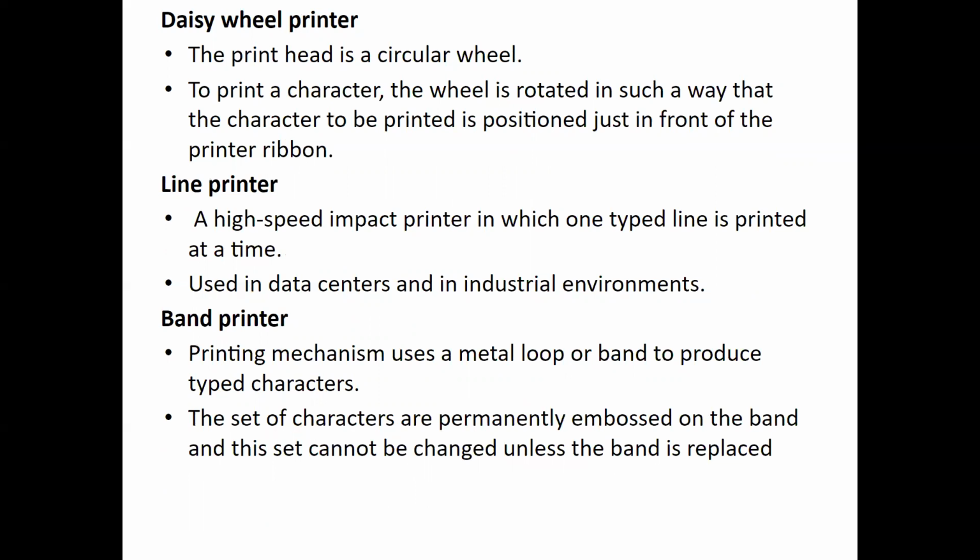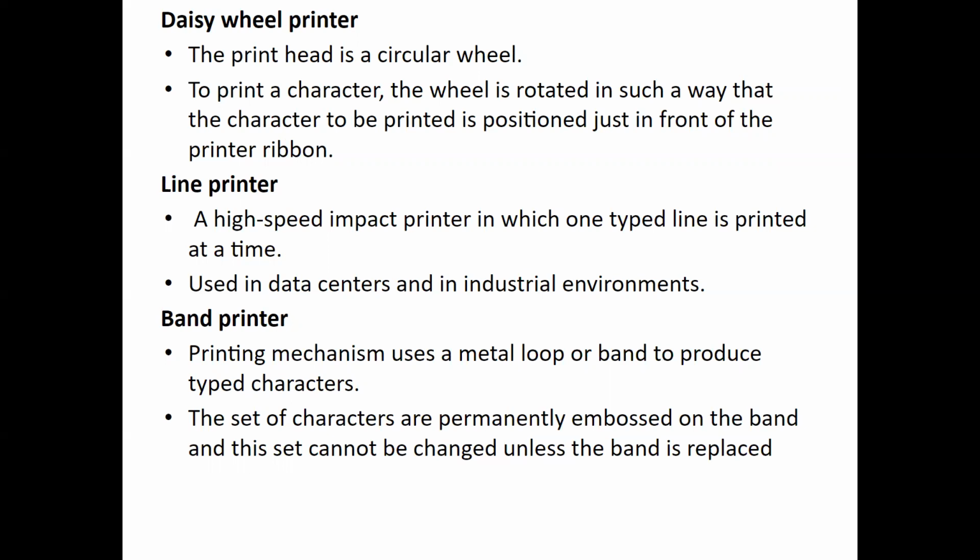At the end of each extension, molded metal characters are mounted. To print a character, the printer rotates the wheel, and when the desired character is at the print location, the hammer hits the disc and the extension hits the ink ribbon against the paper to create the impression. It cannot be used to print graphics and is often noisy and slow. The speed is very low, around 25 to 50 characters per second. Due to these drawbacks, these printers have become obsolete, right?